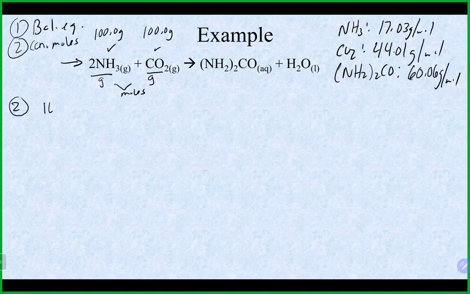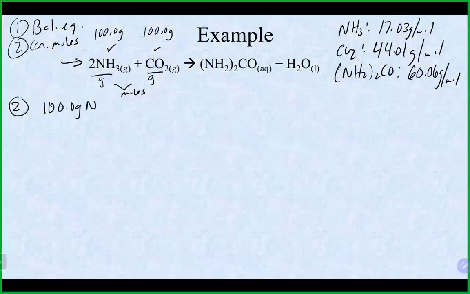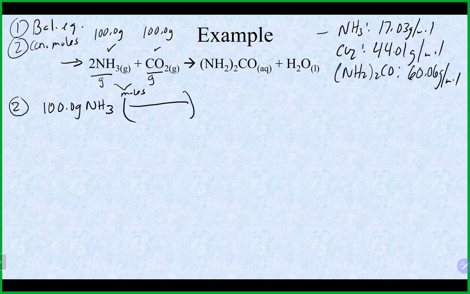So I'm going to take my 100 grams of NH3. Once again, I provided you the molar mass, but you might have to calculate it from the periodic table. We're going to use 17.03 grams per mole of NH3. We will do the same calculation with our other reactant, our CO2. We will take the grams and convert it into moles using the molar mass from the periodic table, 44.01 grams